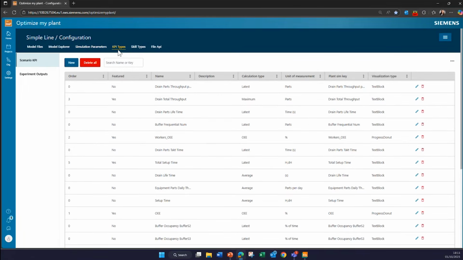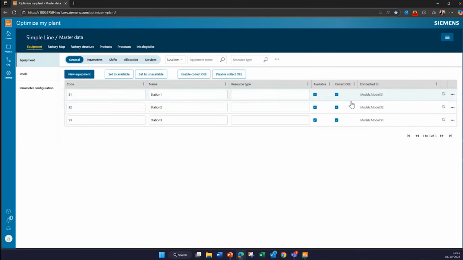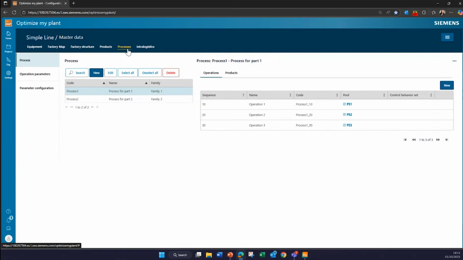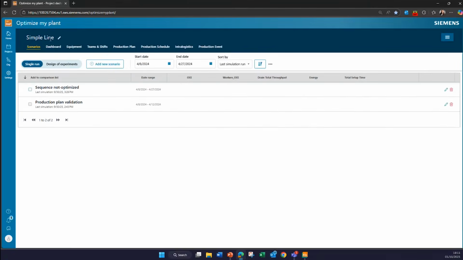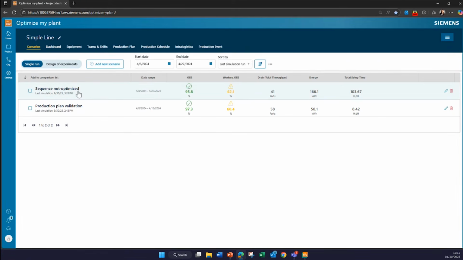As I mentioned, there are built-in tools for the KPIs. There are also the libraries inside the application, and a couple of configurations to do in order to have the charts. And then when we go to the master data, we built an entire manufacturing domain model so that you can feed in all the data for the models, from equipment parameters, the different shifts, different factory structures, your products, processes and operations, etc.